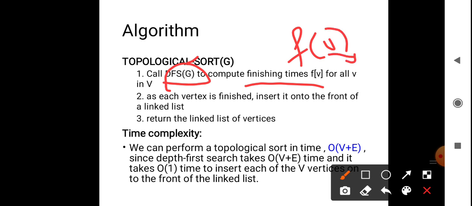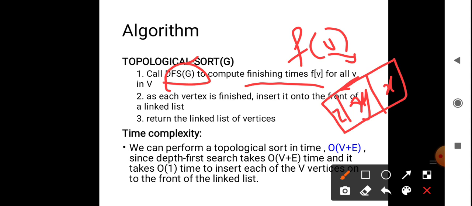As each vertex is finished, insert it onto the front of a linked list, like x, y, z. Then return this linked list. This is the algorithm for topological sorting.